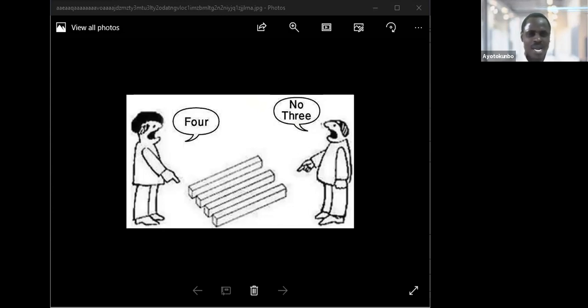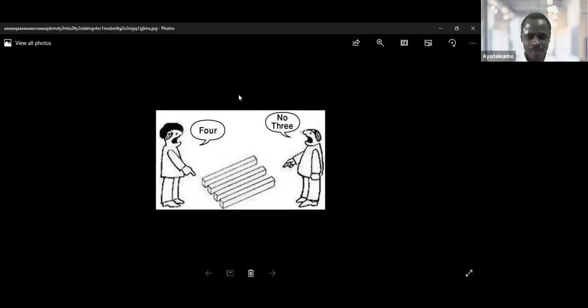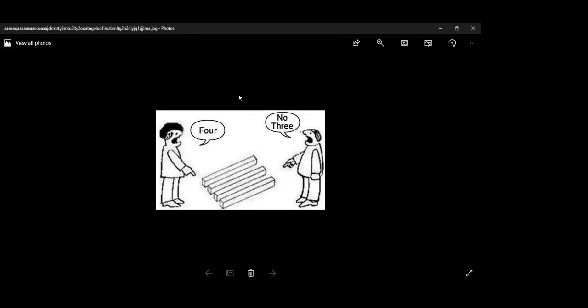For today's icebreaker, we would like to know what can you deduce from this picture? Can you all see my screen, please? Yes. Yeah, may I know what you can see from this picture? What can you deduce? We can see that 2 people are looking at the same thing, but from different angles, and from different angles, they see different things.